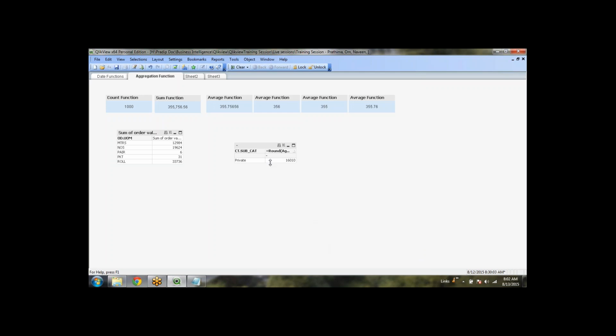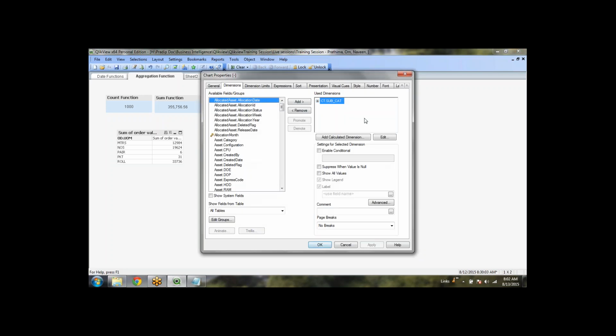So, it is showing only private because in our database only private is the customer category which has data. Even though we have different types of categories like government, private, corporate, only private has data. If you want to change the subcategory